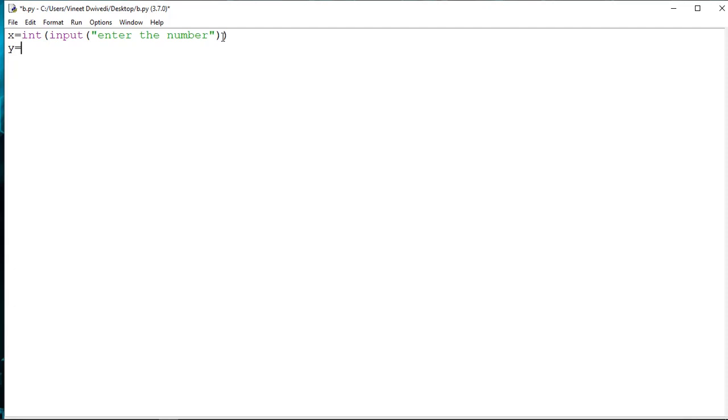and what should y have as its value? y should have the cube root of the value. So you can directly form the cube root in this way: x, and this double asterisk is used for giving powers. Whatever power you want, you write it after the two asterisks, that is the two stars. After writing these two asterisks, we have given 1 by 3. Okay,